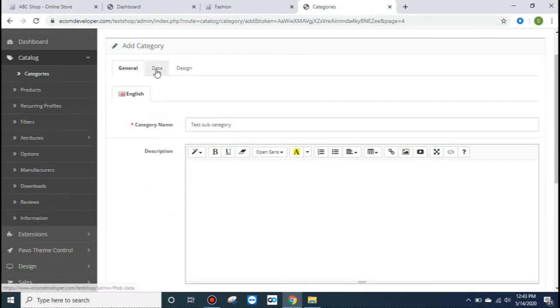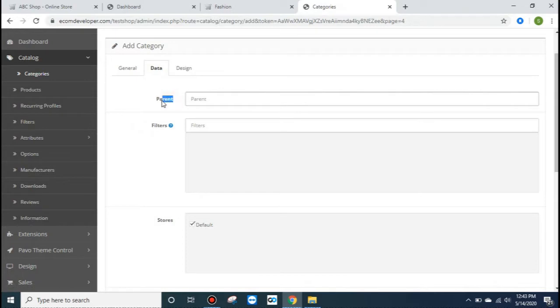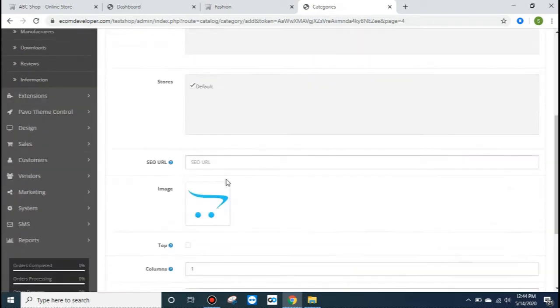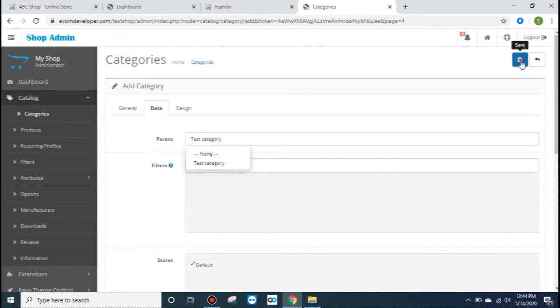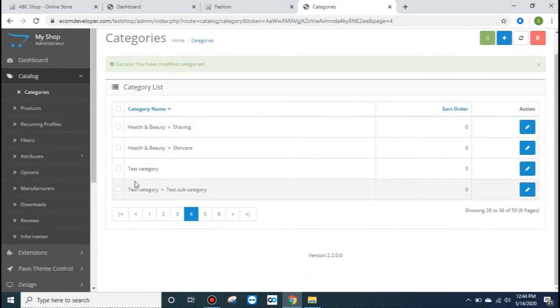And this time, in order to create the subcategory, we need to select a parent category so that it will be created under that category. So we have created test category, we will create parent category as test category. Okay, and leave it as it is. Save it, and this will create the subcategory this way.